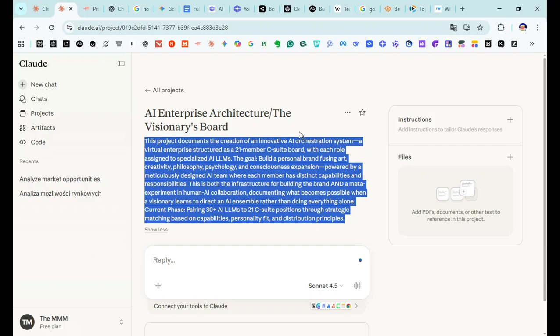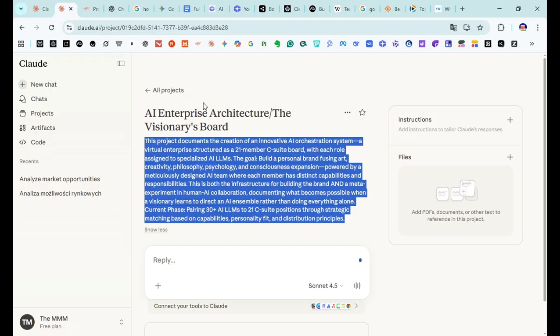So let me read the description that Claude came up with for itself as a project description. This project documents the creation of an innovative AI orchestration system, a virtual enterprise structured as a 21-member C-suite board, with each role assigned to a specialized AI LLM.